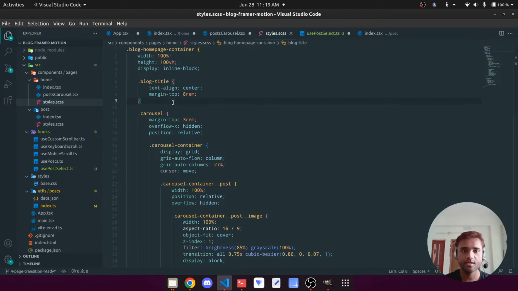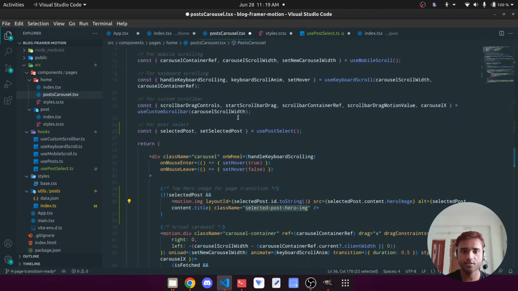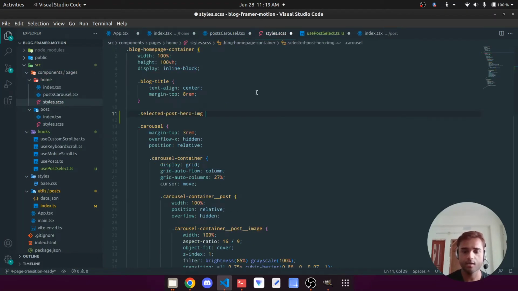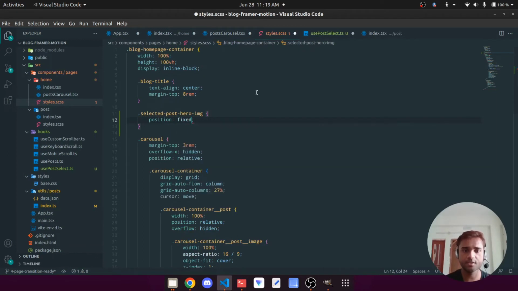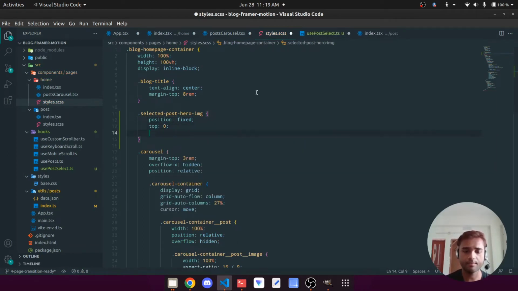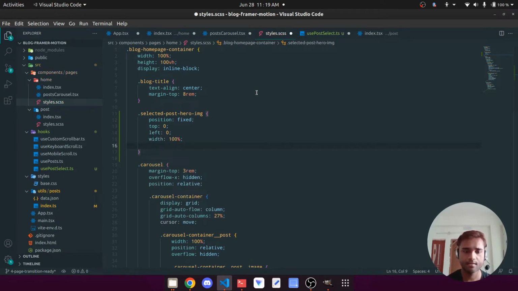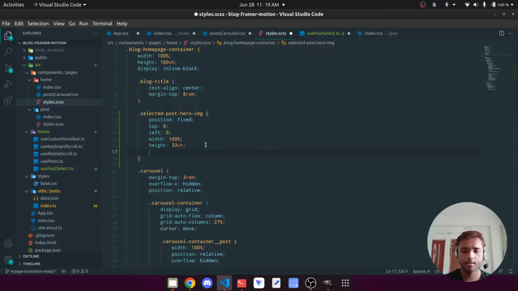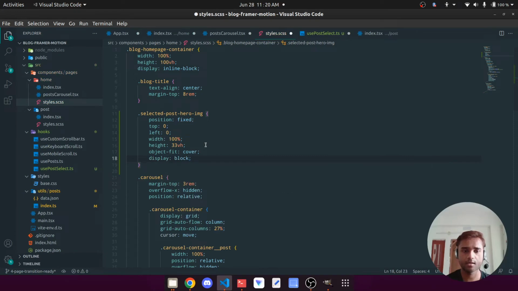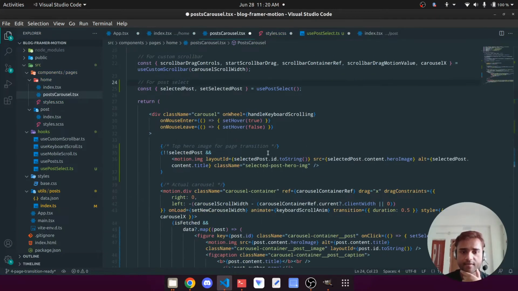So we have to achieve something visually similar. Let's do this here with the class name. How do we do that? Well, what if we fixed its position, took it all the way up, set its width to 100%, set its height to 33vh, because remember, we have to match the height and width, and the position as well. It's supposed to have an object-fit of cover, and its display is supposed to be block. And now that we have it there,